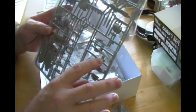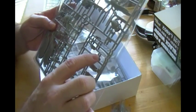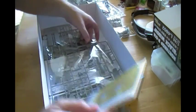The full engine looks wonderful. The machine guns, oh my God, so well detailed. I mean, that is beautiful, just beautiful. You got your dash here, cockpit dash. You've got the wheel wells. Here's your bottom piece, which has all your interior floor, your landing gear, which I'm going to see if the landing gear,